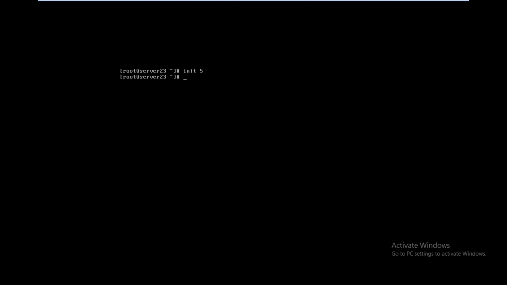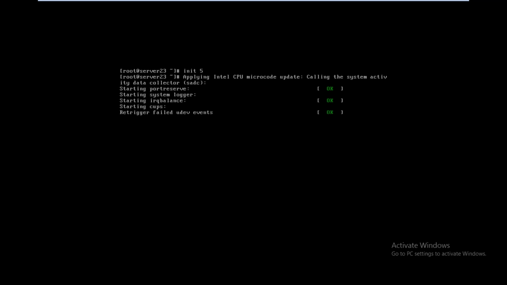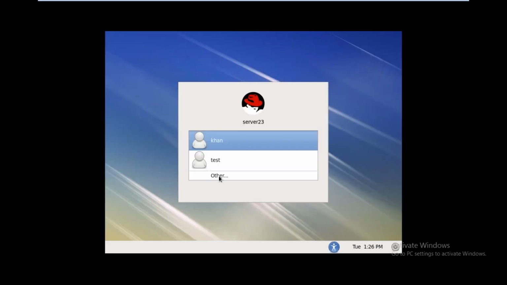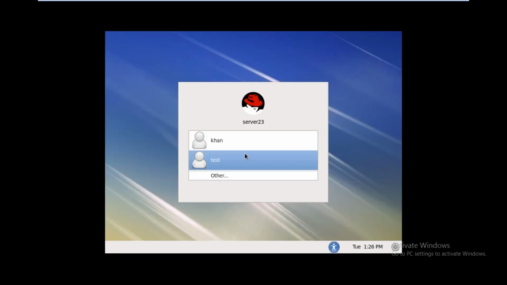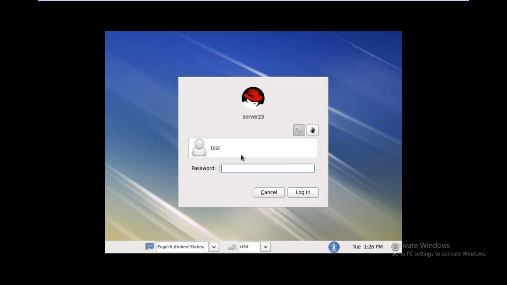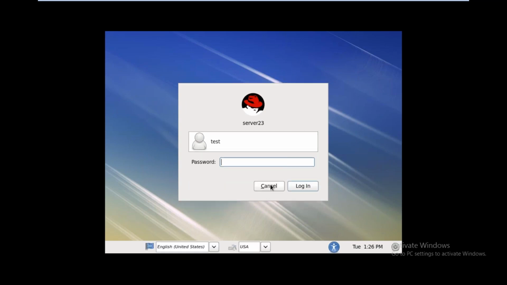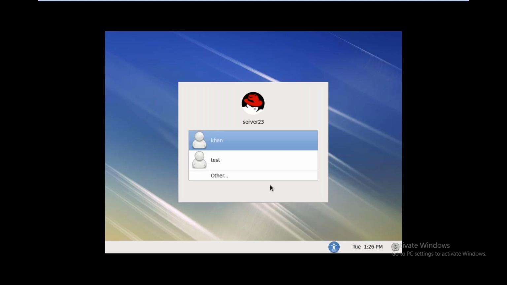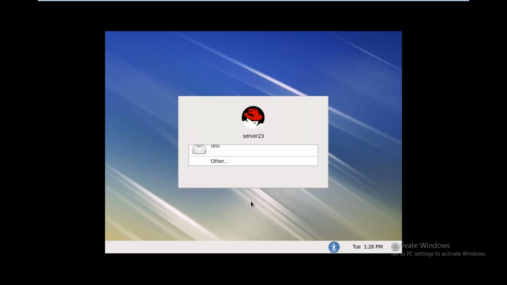Now I am switching into run level 5. See, Khan is created here. Login as root user.